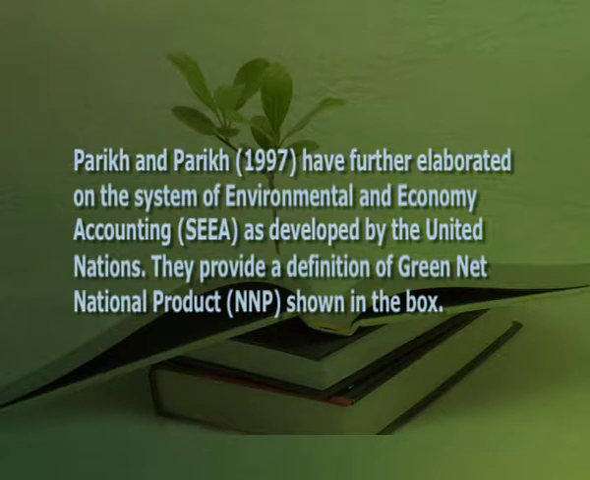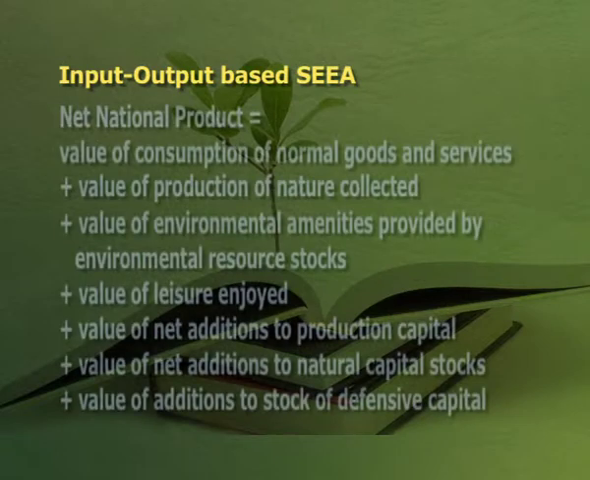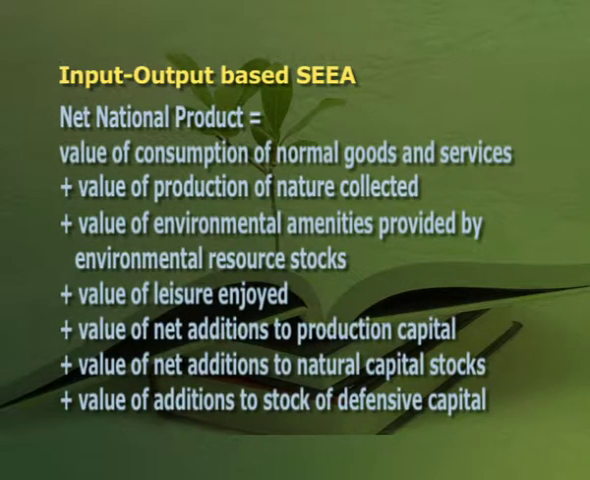Parikh and Parikh 1997 have further elaborated on the system of environmental and economy accounting, SEEA, as developed by the United Nations. They provide a definition of Green Net National Product, NNP, shown in the box. Input-output based SEEA: here, net national product is equal to value of consumption of normal goods and services plus value